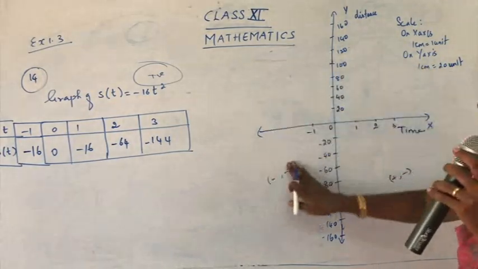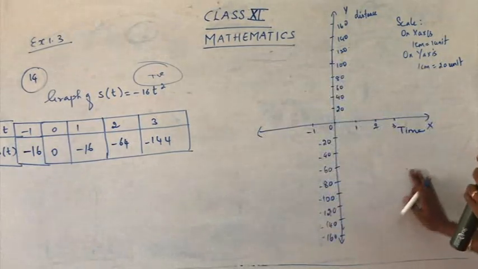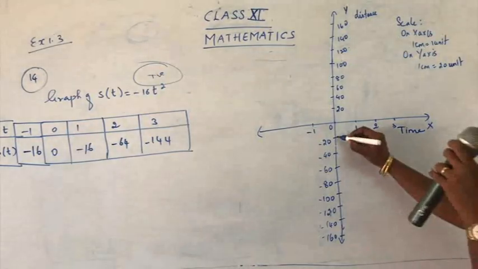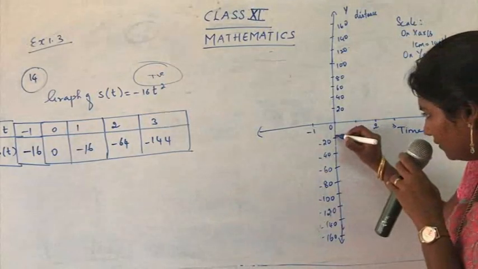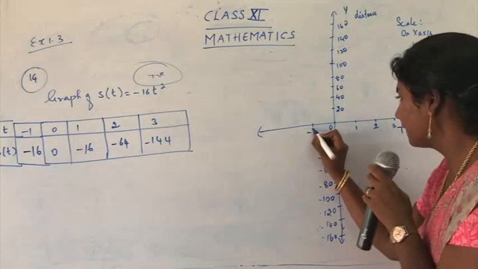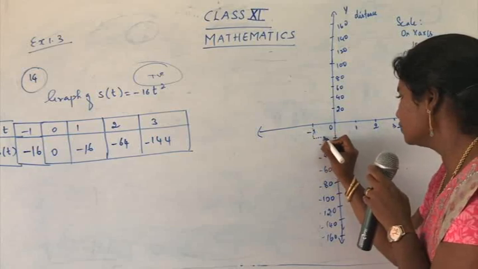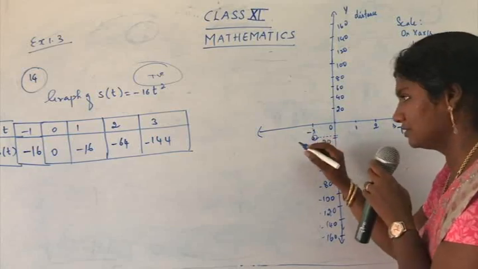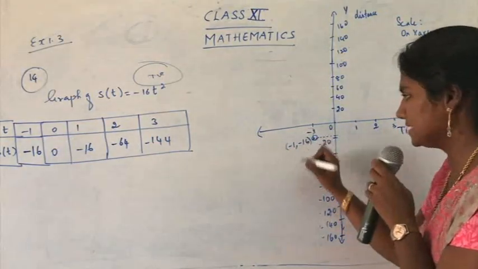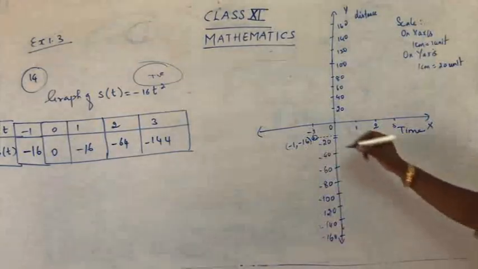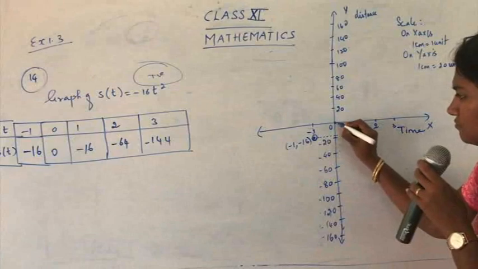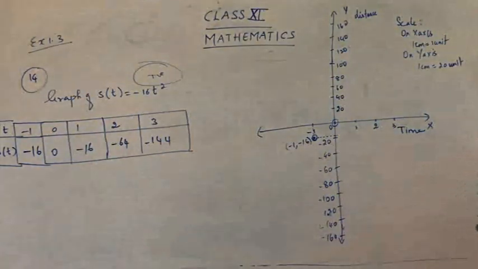We have all noted these things in our graph notes, yes. So let's take the first one, -1, -16. Where is -1, -16? Somewhere here, close to 20, okay. Use your scales to draw dotted lines so that it comes straight. So it's -1, and write down the coordinates also, -1, -16. Then darken the dot and put a circle over there. And the next one is 0, 0.